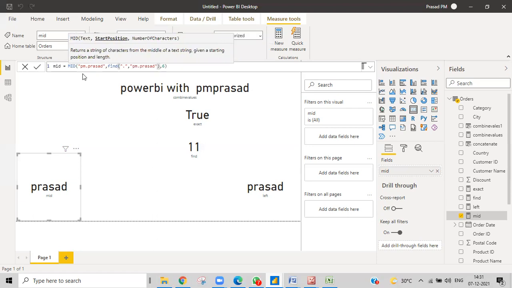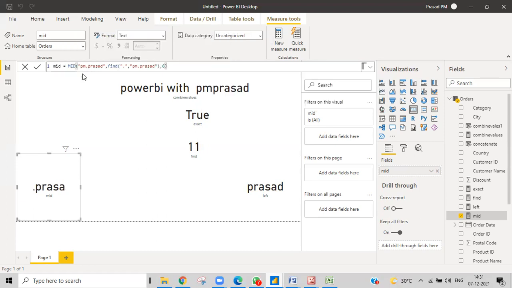So let's make it dynamic up to here. This gives the dot position, but we need it from the next position after the dot. So obviously +1. Where to give the plus one, that we need to understand. Once you write this, a lot of people will give +1 inside the bracket afterwards.